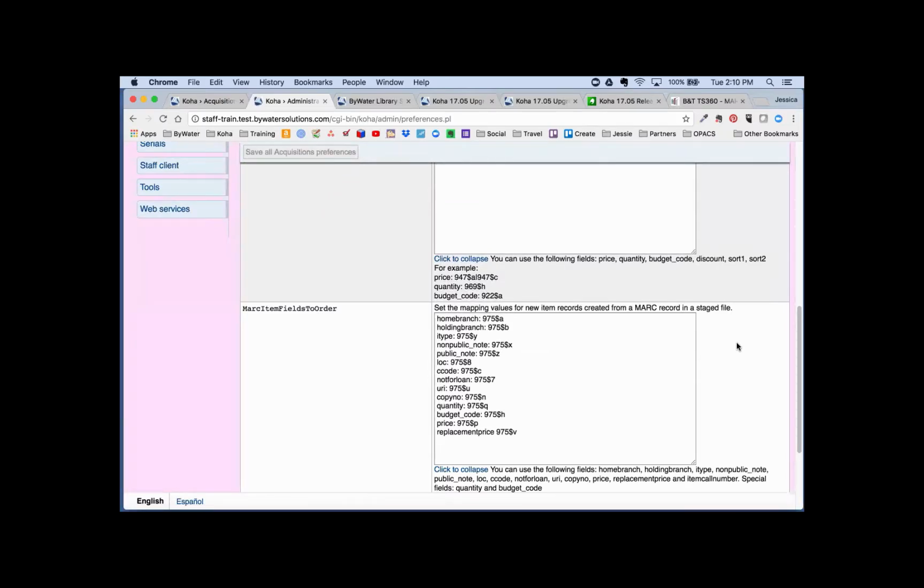Now, this mapping value allows us to set up 975 fields and subfields such as price, quantity, discount, not for loan status, item type, public or non-public note, home branch or holding branch. This is a great enhancement for those of you who may have multiple branches or be part, of course, of a multi-branch system, where you can now specify in those order records which particular branch books or items will be